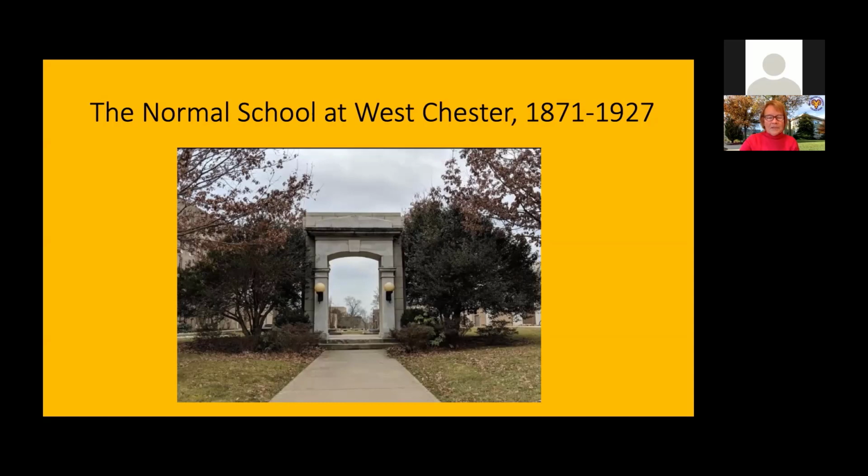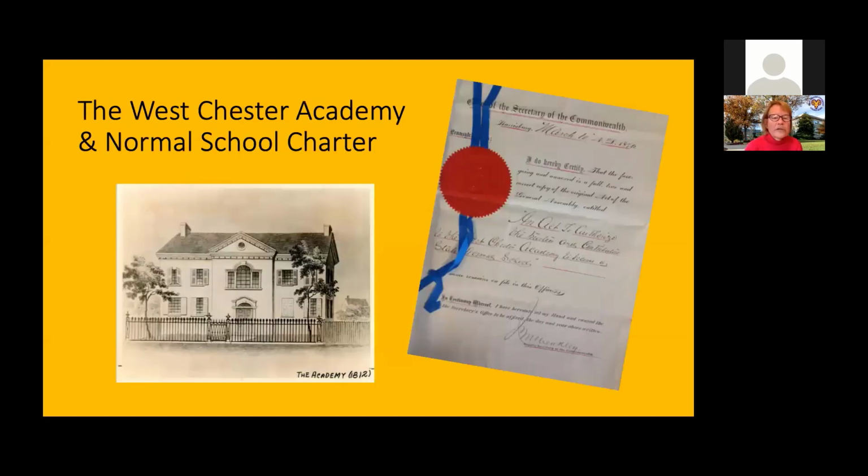and the campus. All the classrooms, the dorm rooms, the teacher offices were in this building. And I like the symbolism of how it still symbolically provides an entrance to the school. Now, a really important part of Westchester's history, even though the normal school began in 1871, was its antecedent in